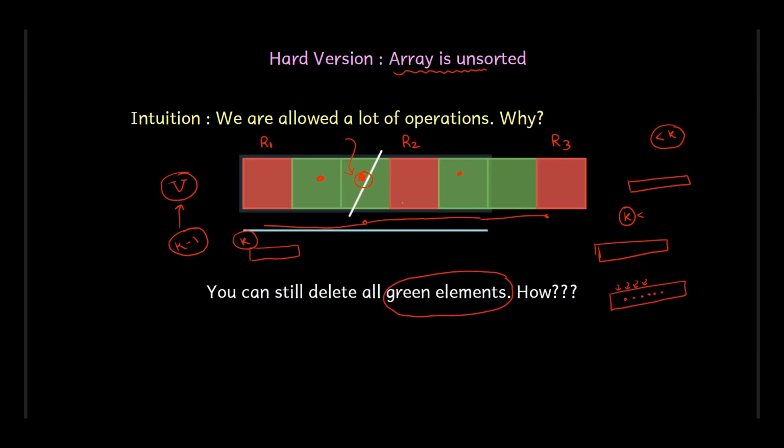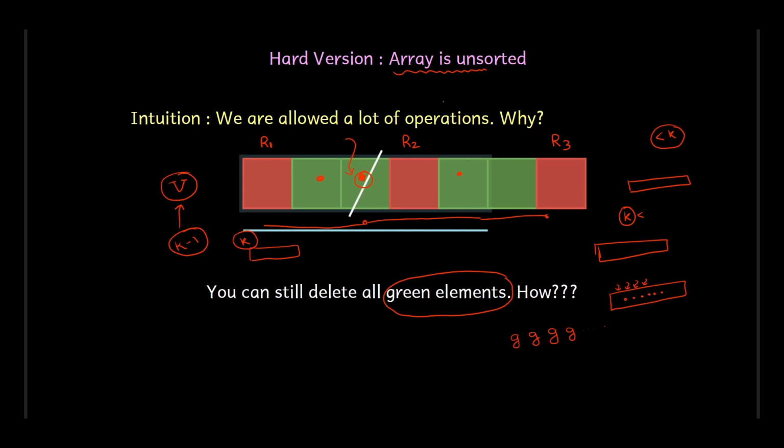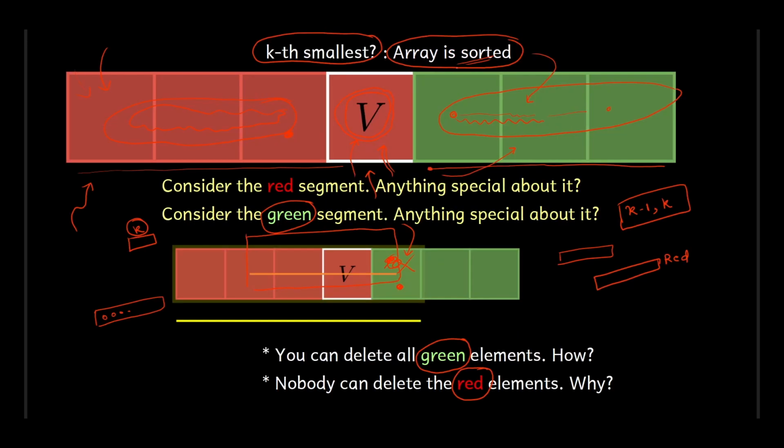So if you repeat this process as many times as possible, you will be able to delete green, then the second green, then the third green, fourth green, and so on. So in this manner, the sorted and unsorted array cases are not entirely different. And now you can see where the intuition for this originates from,